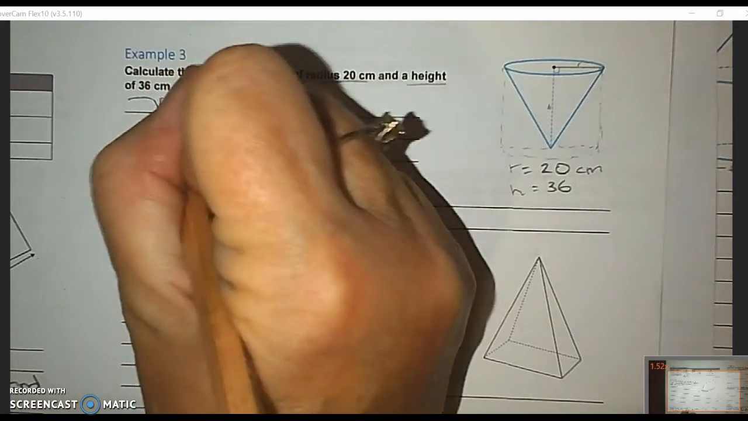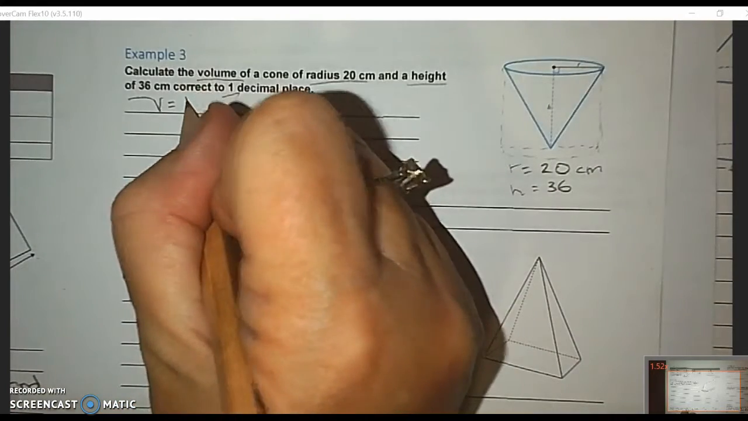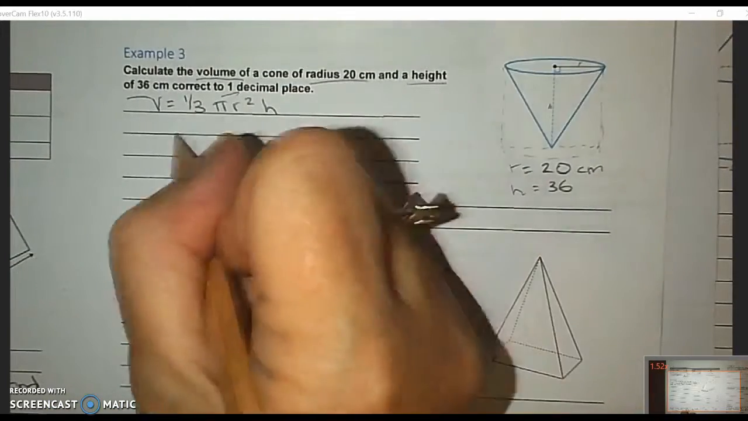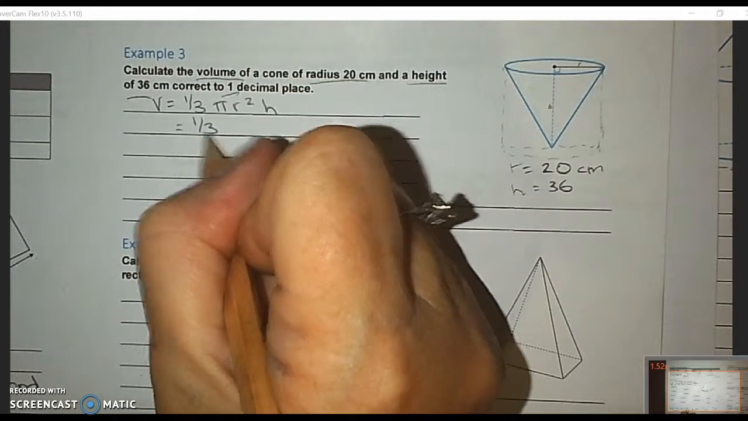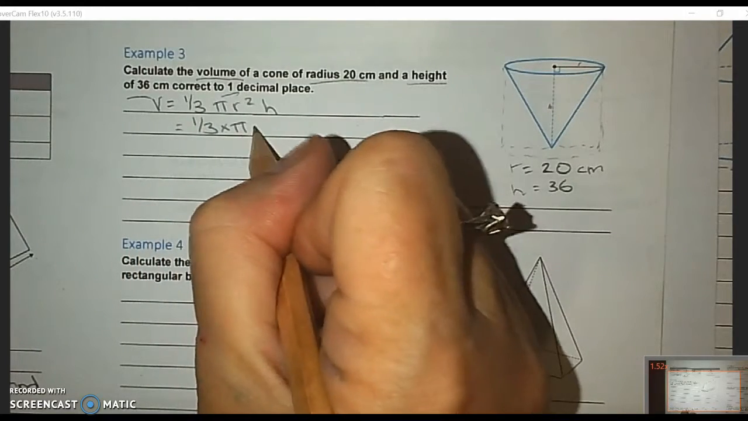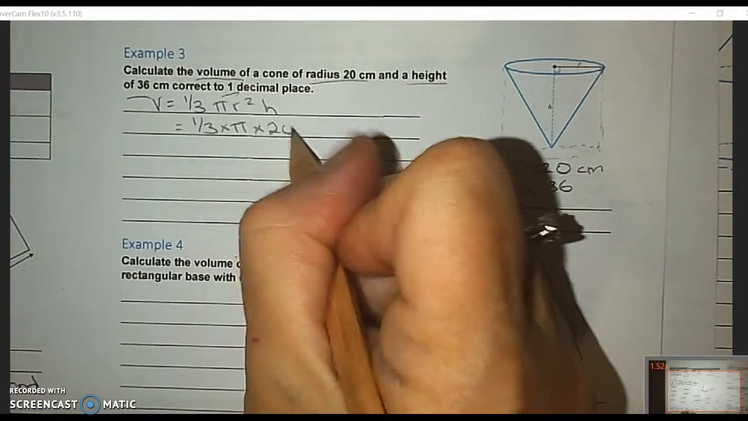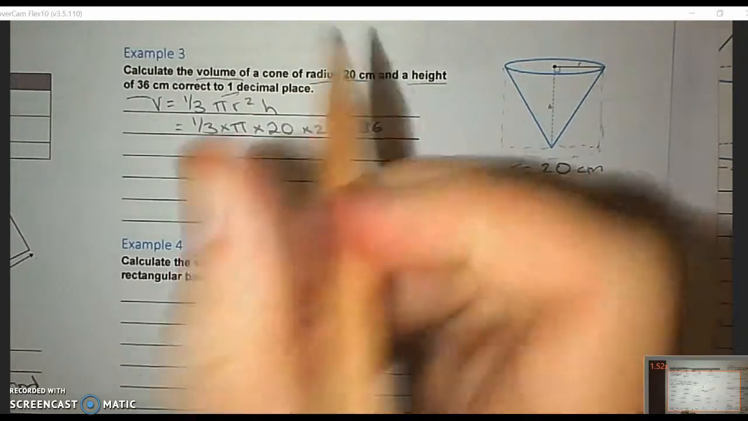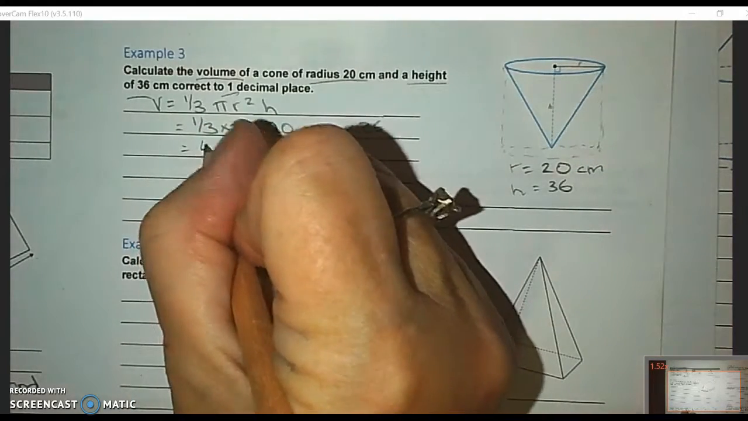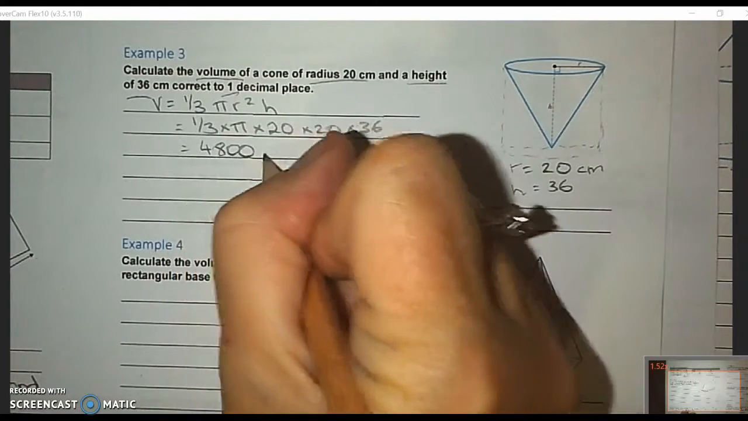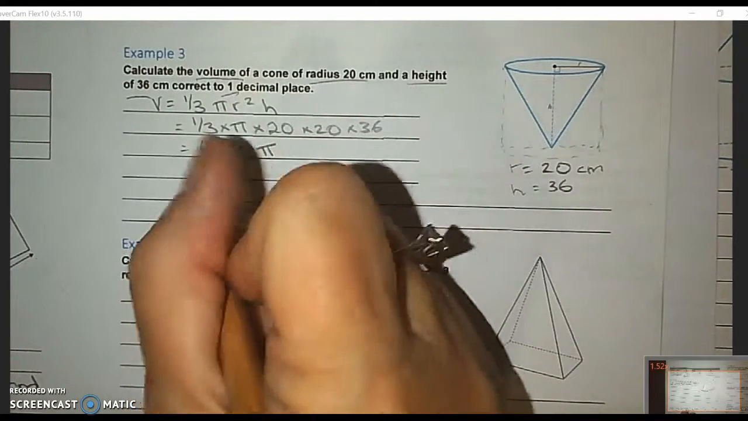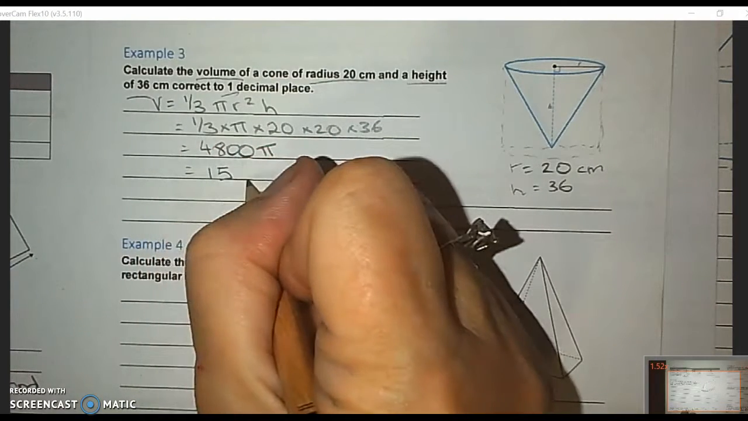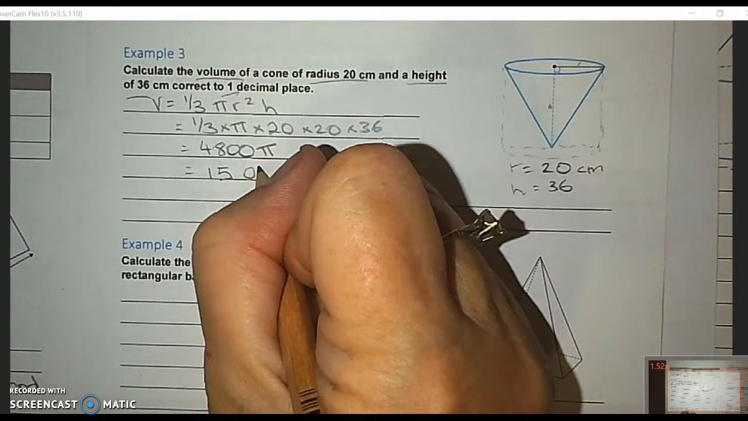So V equals 1/3 of pi R squared H. 1/3 times pi times 20 times 20 times 36. That's 4,800 pi, which is 150.7